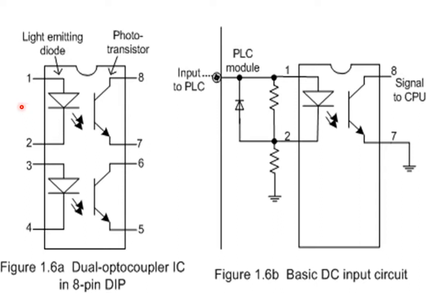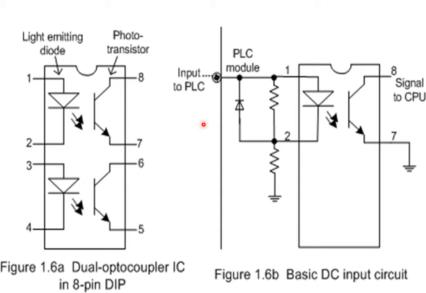It means that the analog signal fed over here is given to a voltage to frequency converter, and here the frequency to voltage converter is used to reconstruct the analog signal, but there is no galvanic connection between input and output. So this is how a DIP, which is called a dual inline package IC, works. It has 8 pins. You can see it has one opto isolator here and one opto isolator placed over here. So you can have two opto isolators in one chip, and this can be easily implemented in any of your projects, maybe your capstone project or any project which you might be doing subsequently.